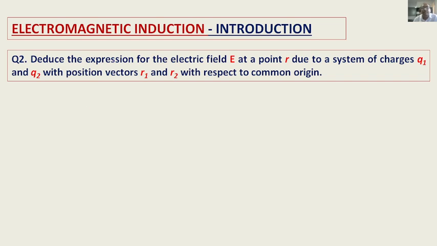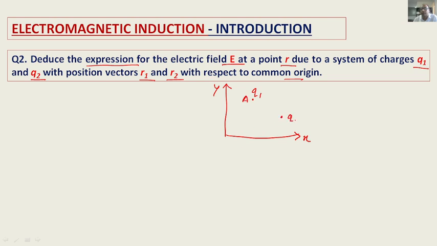Here, deduce the expression. We need to derive the expression for the electric field E at a point R due to a system of charges Q1 and Q2 with position vectors R1 and R2 with respect to a common origin. Okay, so suppose we draw a figure. This is the x-axis and this is the y-axis. Suppose a charge Q1 is placed at point A,